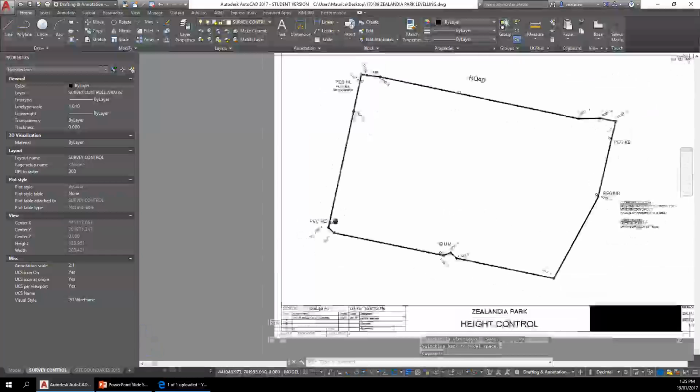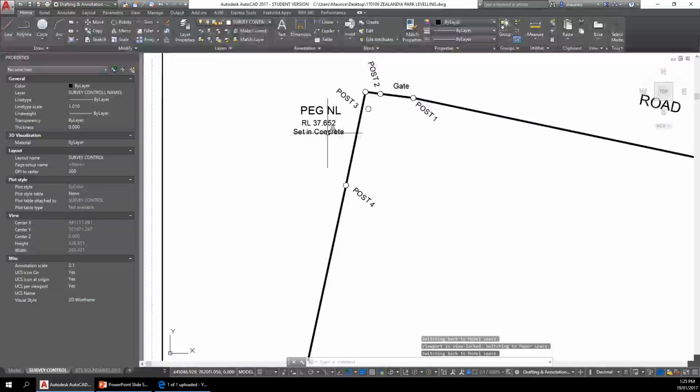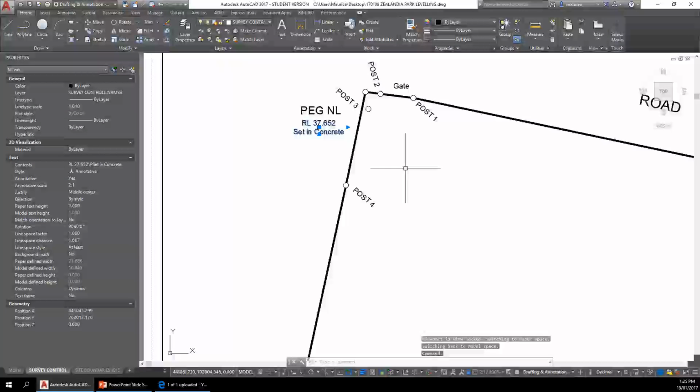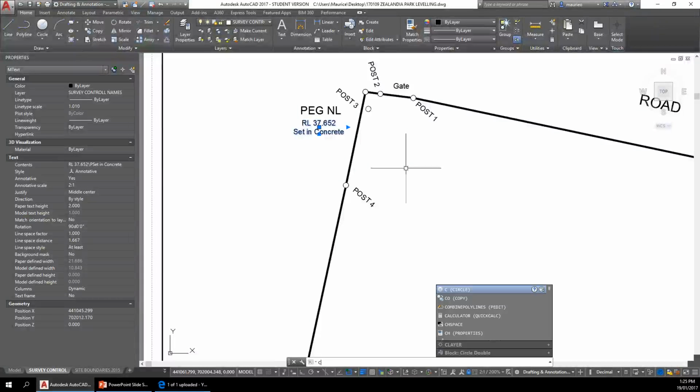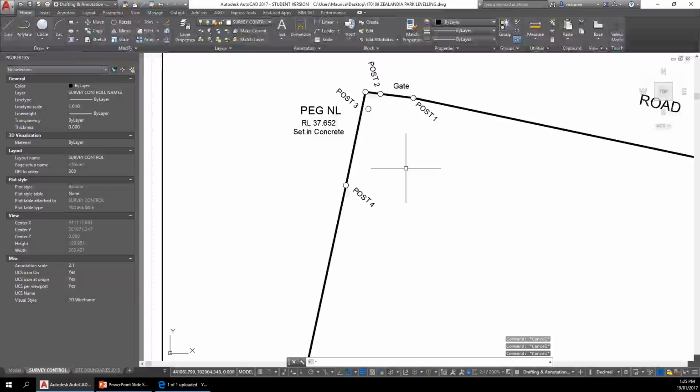Okay, so we've got that there, but I want to transfer that there. So one of the things I can do is just select it there, and then I can go C. Oh, I'll just start again. Escape. CP, which is for copy. Okay, and then it tells me down here I want to select some objects. So I'm just going to select that there. Right click to stop selecting. And then it's asking me for a base point, so I'll just put it at a base point there